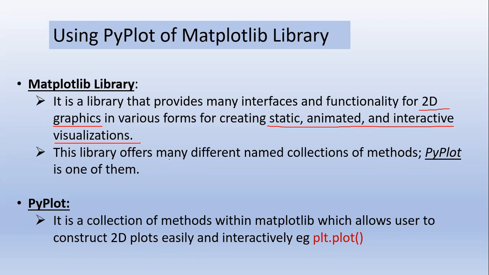This library offers many different named collections of methods. PyPlot is one of them. It is a collection of methods within Matplotlib which allows users to construct 2D plots easily and interactively. For example, plt.plot.